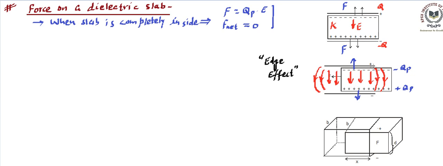However, when we are coming to this edge, then we'll find these field lines are going to be bent. That means in this particular field line, let me draw a force on a particular field line. Let's say at this point, the force will be opposite to the direction of field. We know the direction of field is going to be tangential. Since this is a negative charge, force has to be opposite to this, but it's going to be tangential to the field line. So if we draw it properly, it's going to be like this.